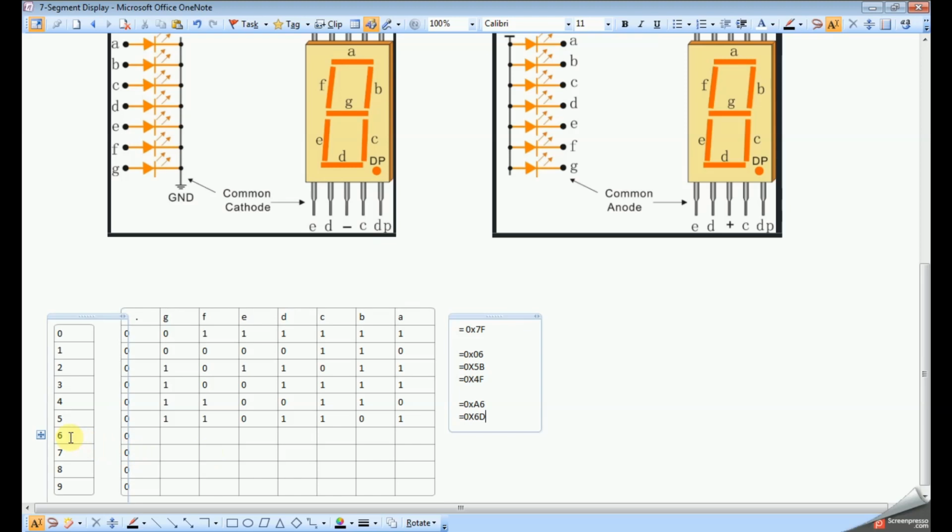So next I would like to display 6. 6 means except B, the remaining are all 1. Then the code will be 0x7D.